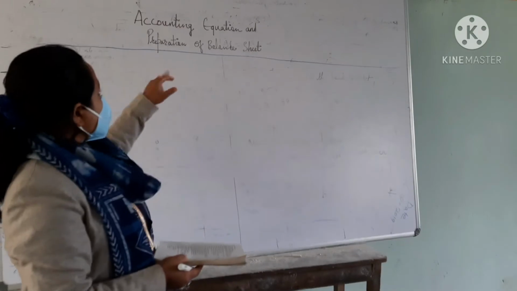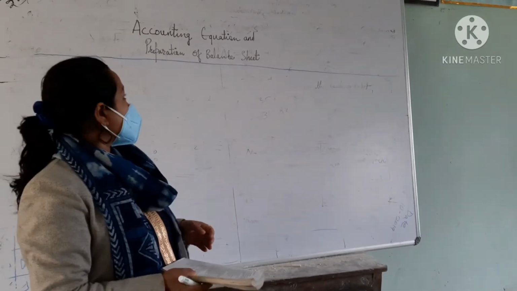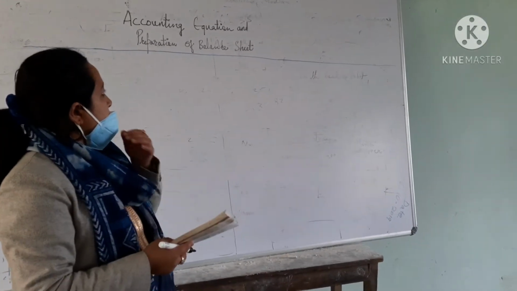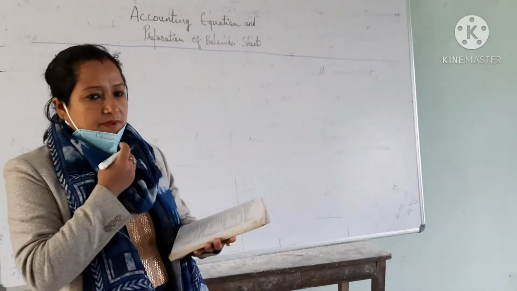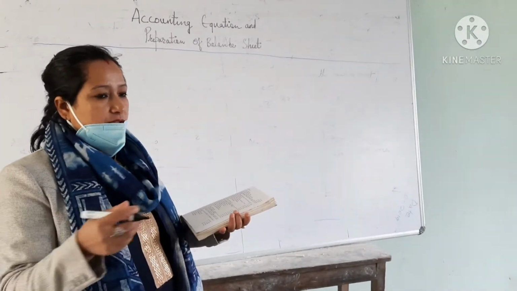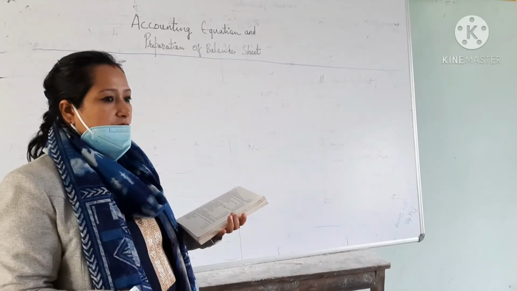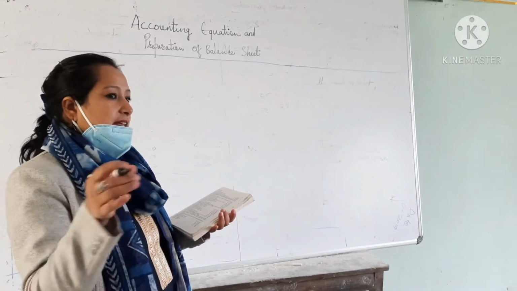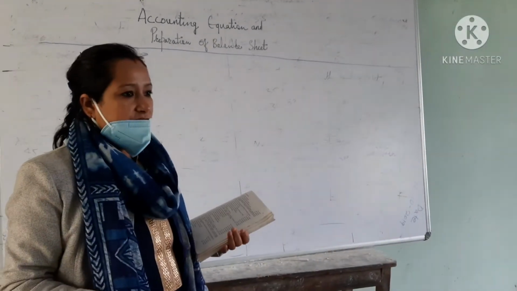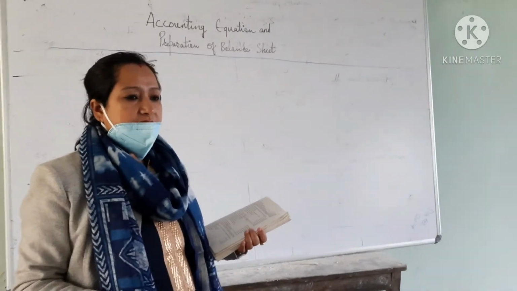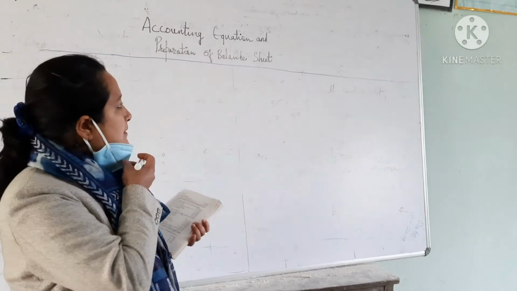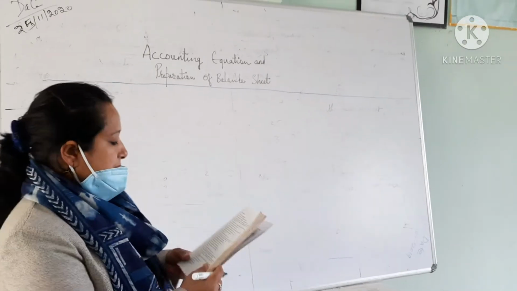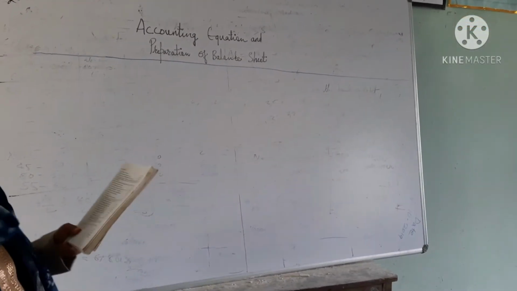Still we are in accounting equation, and today we will be adding one more feature, that is preparation of balance sheet. Okay. So from the accounting equation, how can we prepare balance sheet? Before we prepare balance sheet, we have to do the accounting equation. And we come to the conclusion, whatever the position of assets and liabilities we get as the answer, those items only will be put in the balance sheet, because balance sheet and accounting equation concepts are the same, isn't it? So whatever the items will be there, the same items will be shown in the balance sheet. Okay. Now first we will start doing accounting equation.